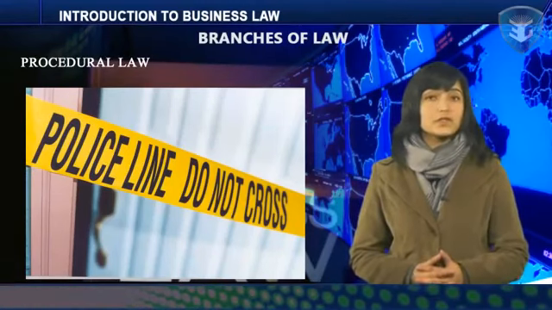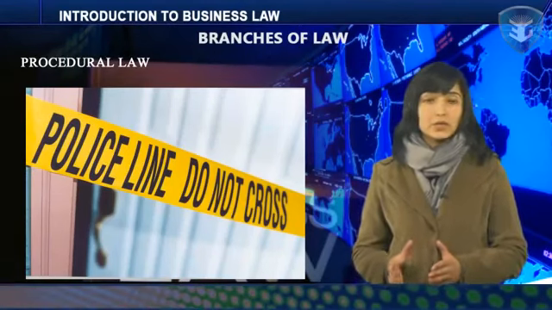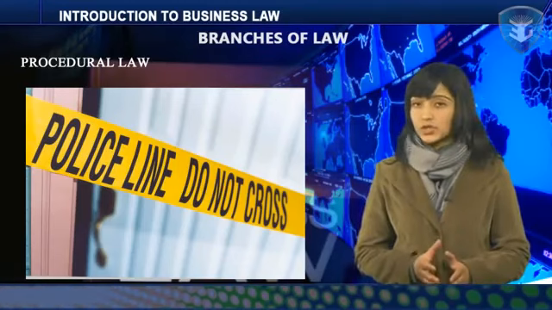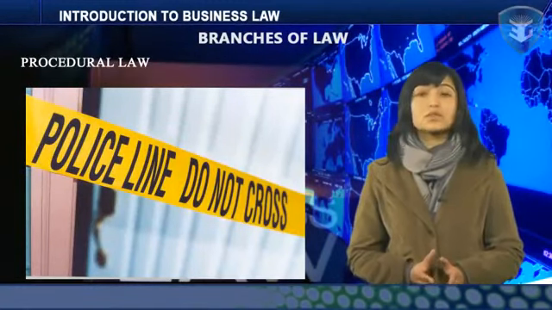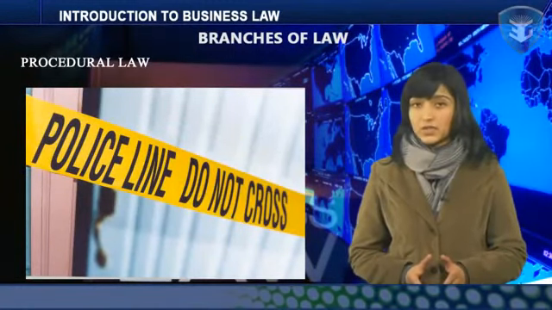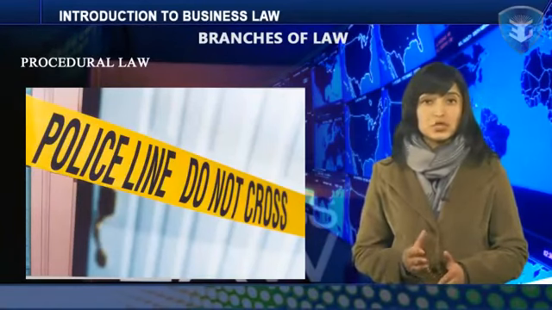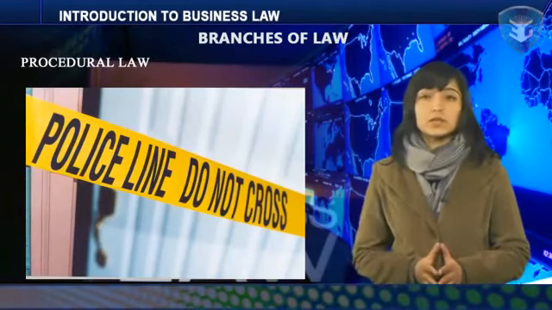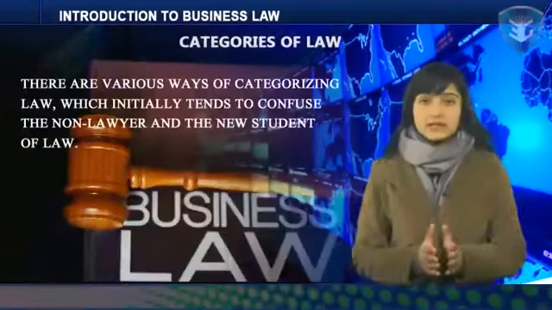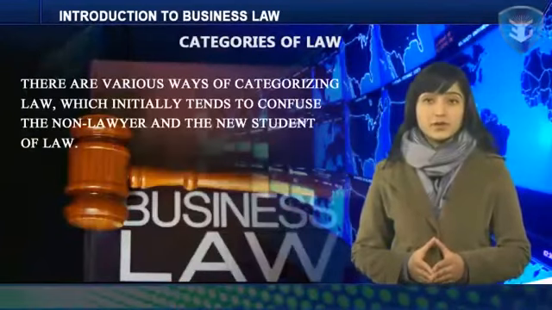The rules of civil procedural law determine the rights and obligations of judicial bodies and regulate the relationships between litigating parties during the proceedings, as well as the activity of notarial and arbitration bodies, and commercial courts that only deal with commercial matters. Let's now look at the categories of law.